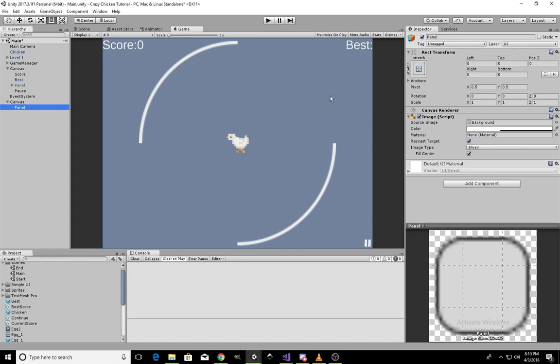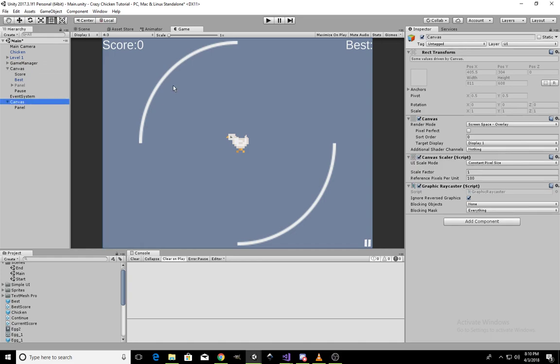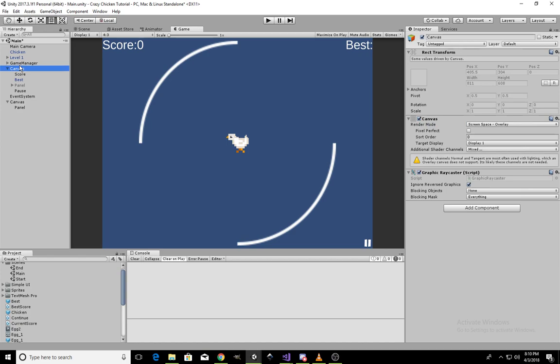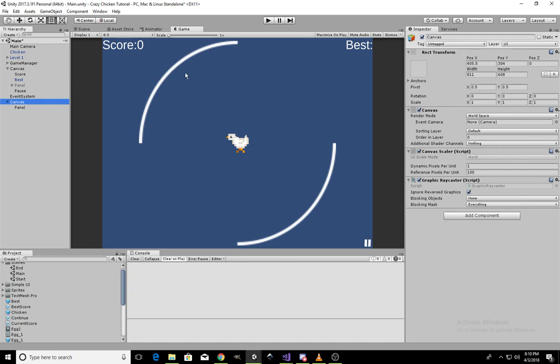And the reason it's doing that is because this canvas is set to overlay, which means it's overlaying itself right over everything. And what we want is for it to be in world space. So this canvas is set to overlay. That means it gets rendered over the top of everything. And this one we set to world space, but if you notice our panel disappeared, well, that's because